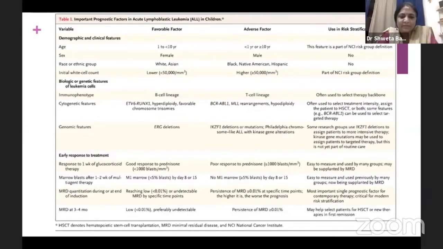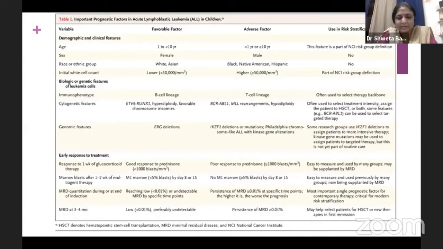Among the cytogenetic features, if there are MLL rearrangements and hypodiploidy present, they are candidates for transplant. Then we look at genomic features like Ikaros mutations or deletions, and those patients who have Ikaros deletions, especially if they are Ph-like ALL, are assigned to more intensive therapy and even tyrosine